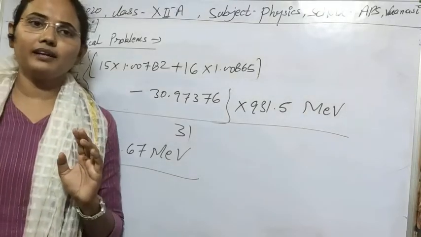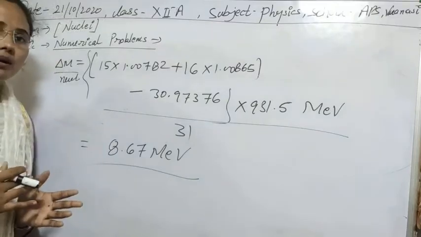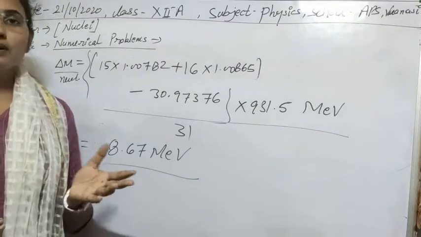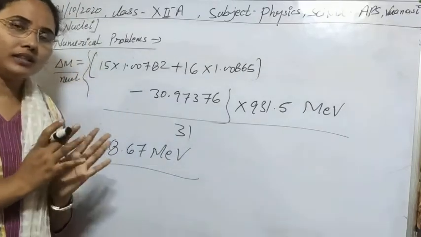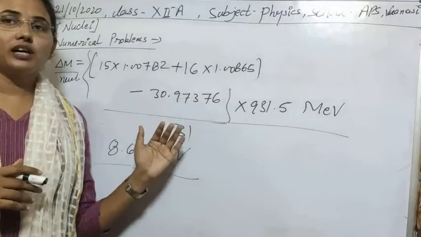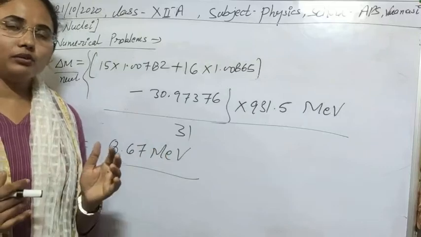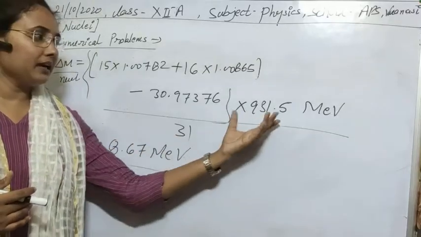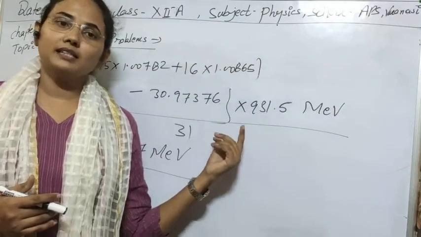First we have to find whether energy is required to split any nuclei, or, if we want to join any atoms, then for all these cases first we have to calculate the mass defect. And if values are given in atomic mass units, we have to multiply it by 931.5, and that will be the value of binding energy in this case.